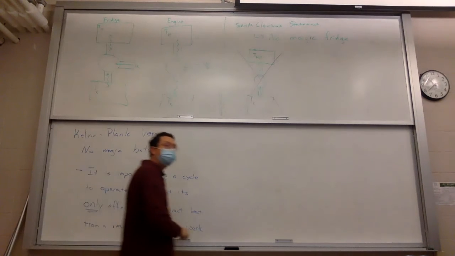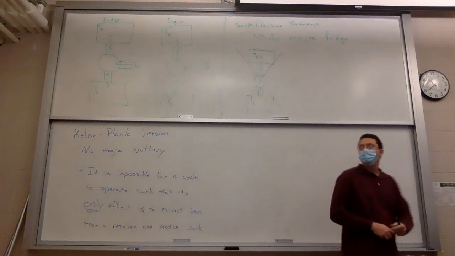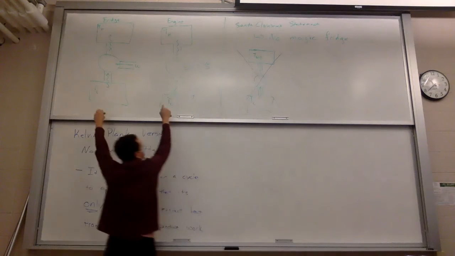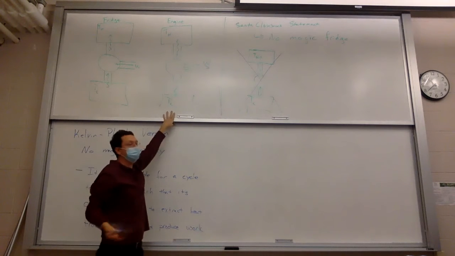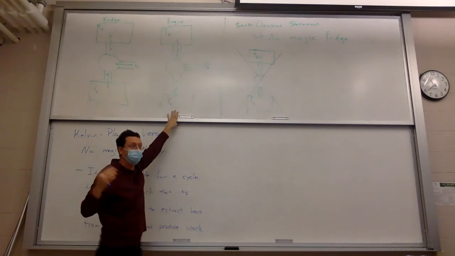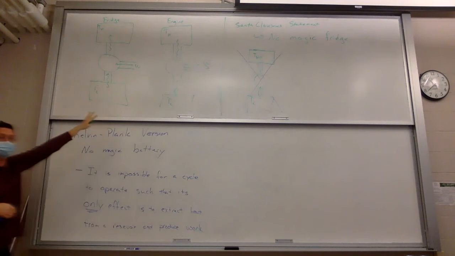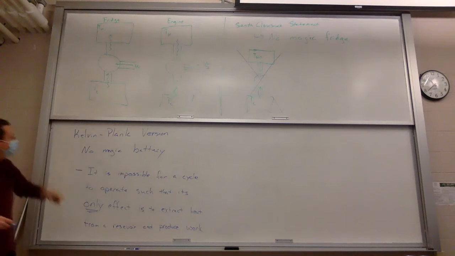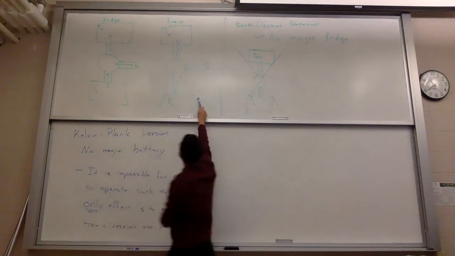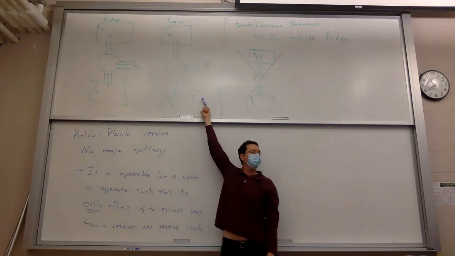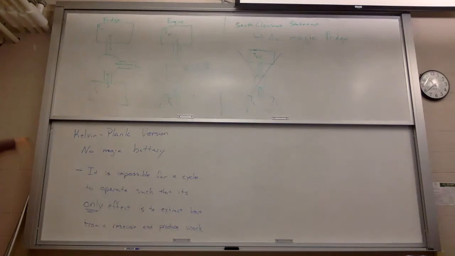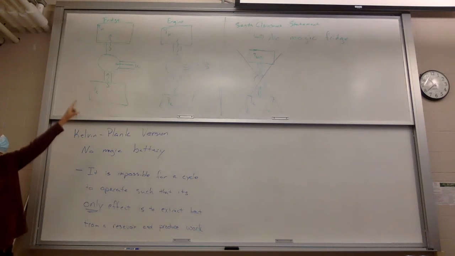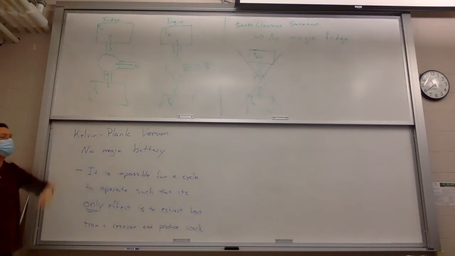Let's compare this to these devices, which are real. This happens. This is a refrigerator, that's a car engine. These are good. We know these exist. Compare this one, because we're talking about producing work. So now think about a power cycle. There you go. You've got heat, and it's producing work.